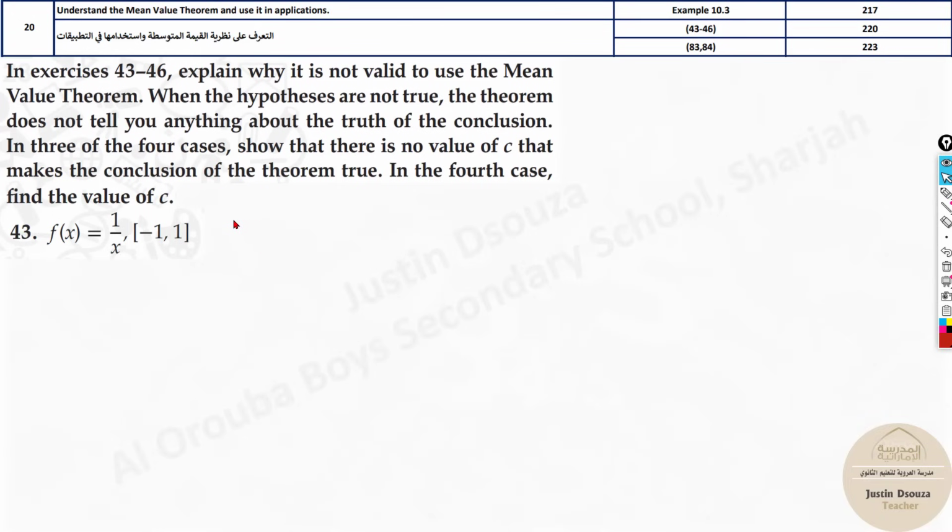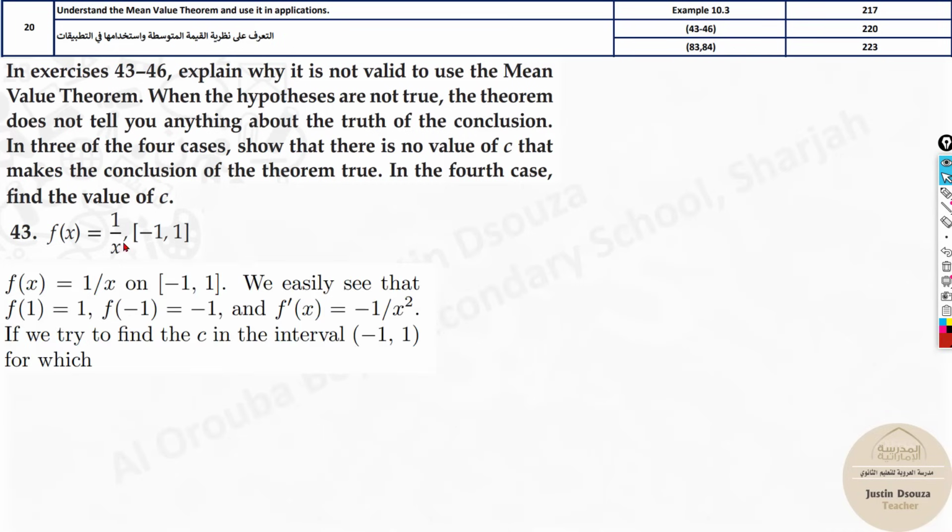Here again, you have to use the same thing, but make sure you find. See, the hypothesis is not true. You need to make sure you check the first two conditions, differentiability and continuity. We have studied it in the MCQ part. If you go back to the previous questions, that's question number 12 or 13, something like that, we have dealt with differentiability and continuity. So that concept must be known. Now here, looking at this, I know at 0 it's undefined. It is not defined within this interval. So this cannot be,